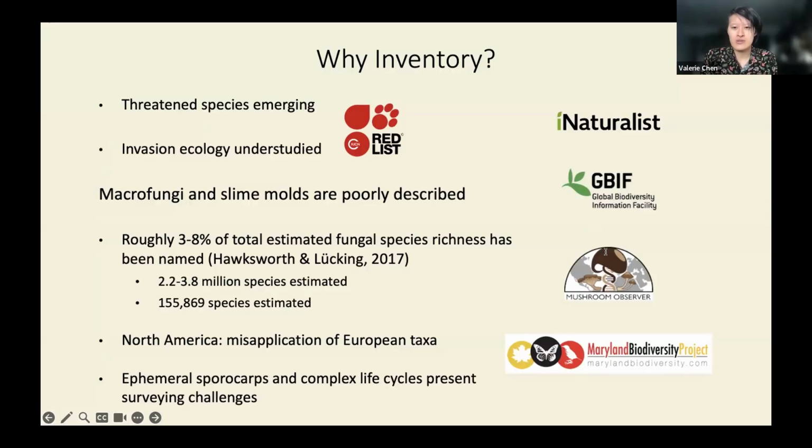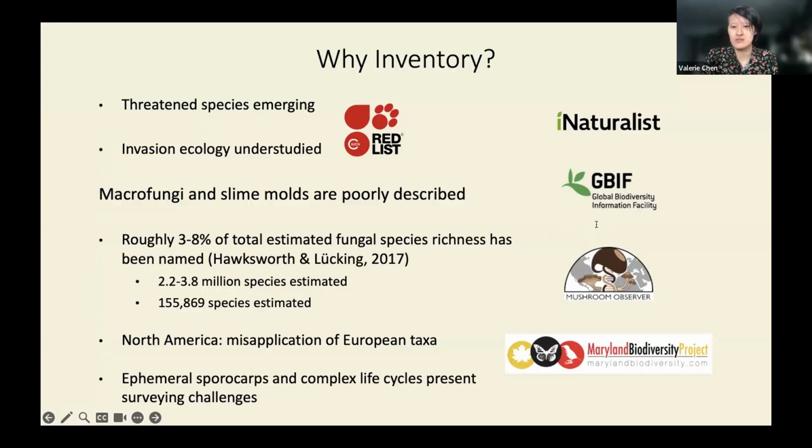In comparison to other groups of organisms like plants and animals, macrofungi and slime molds are poorly described. Only about 3 to 8% of total estimated fungal species richness has actually been named. Adding molecular data to define species is also a relatively early and ongoing process. And in North America, there's historically been a misapplication of European and some Asian taxa that's still being delineated through